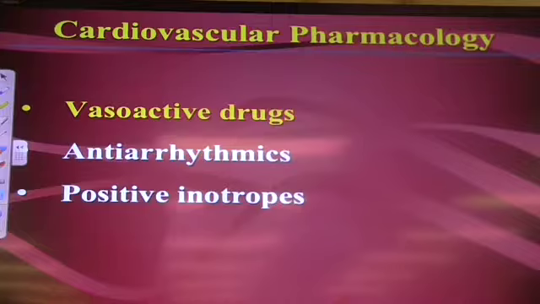So what we're doing now is we're shifting to, remember, the general order of drugs that we were going to talk about are the general order of use in a patient with progressive congestive heart failure. So we talked about preventing sodium retention as much as possible. Well, that's great for preload, but that's probably not going to help us with afterload. So now we're going to transition and talk about those drugs that we might use to directly target afterload. And then toward the end, we're going to talk about drugs that can target preload and afterload in the emergency patient. So we're going to talk about vasoactive drugs.